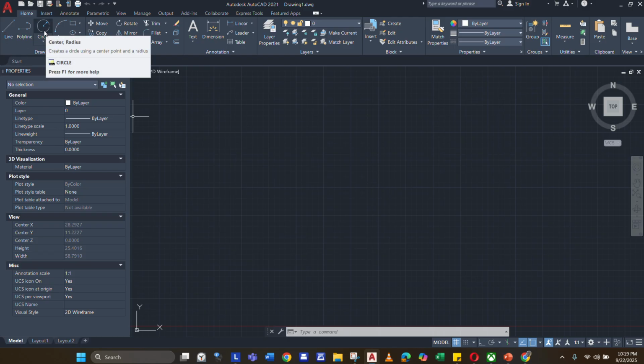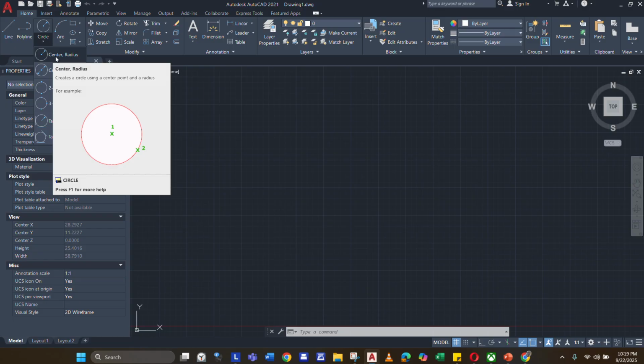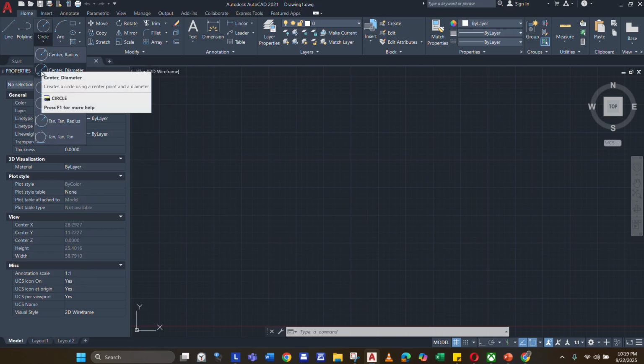And so for the circle, this circle command, here. Under that, I just click the circle command. I didn't hover, I actually clicked the circle command, and then below it shows the ways you can make a circle with your Cartesian cross. Like this one, the center and radius: you start from the center to the radius to make your circle. And then the second one is center to diameter. We'll draw it later.